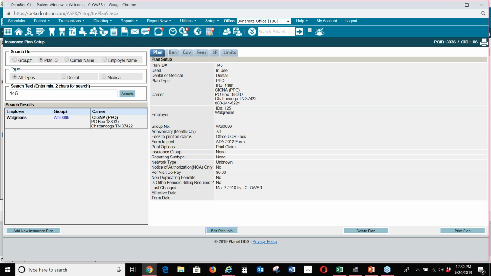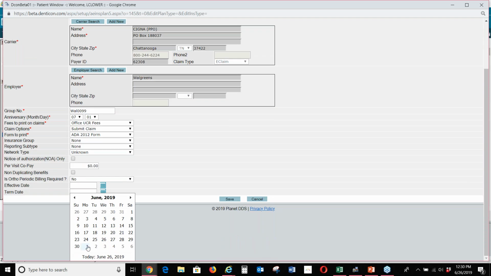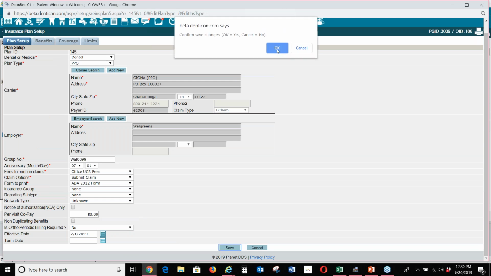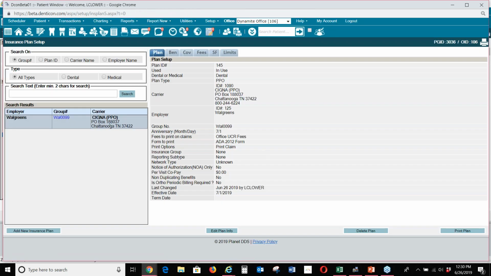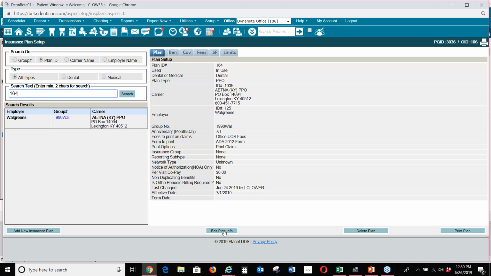Exactly. So now if you've done this, you've determined that the effective date for this plan is the 1st of July, you can put that information in here, and then you have the same option, or pardon me, I think I just did that backwards. You have the same option to do that for the old and the new plans. You can put the effective date, the term date, and just like